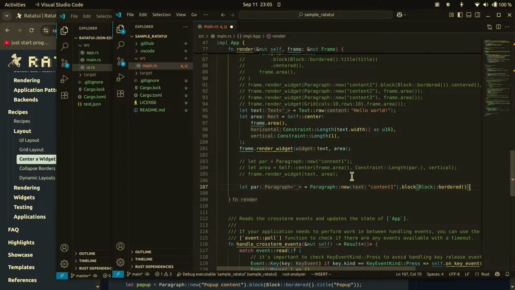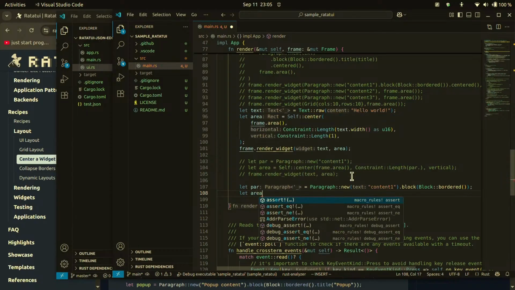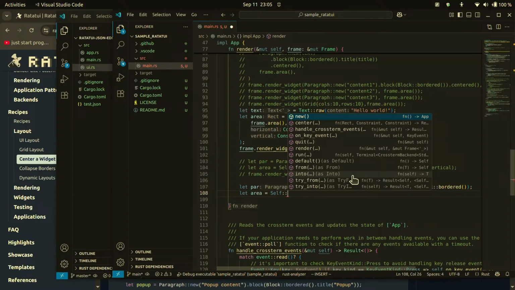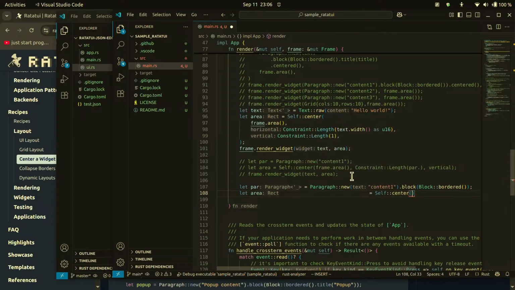Okay, that's all. And then let area equals self center, center frame area, and